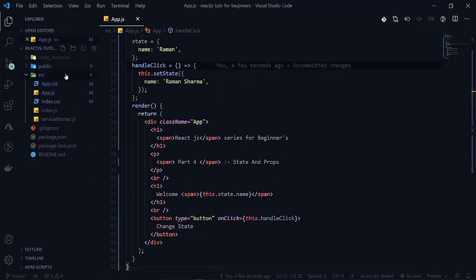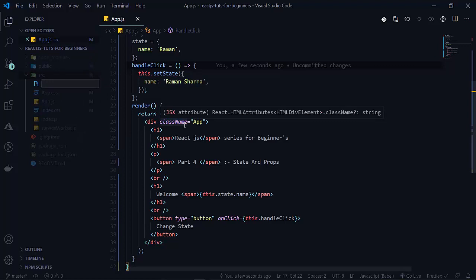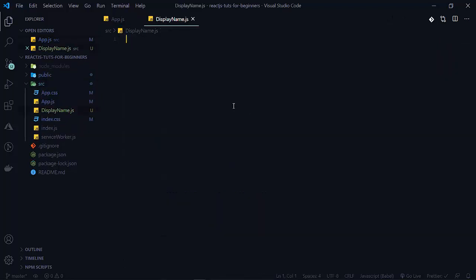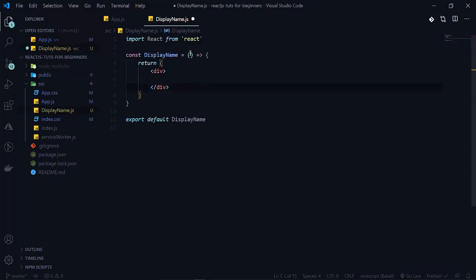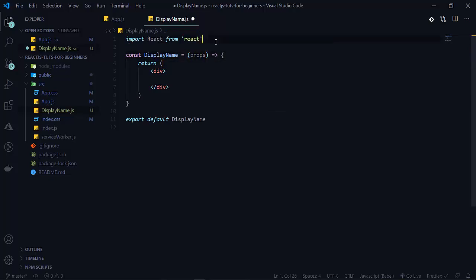Let's create one props example here. Let's create one new file here, and the name will be DisplayName.js. Here I will create a functional component and pass props as a parameter.